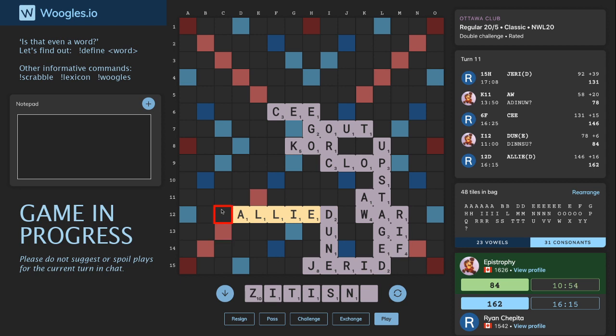Stuff like T will go here. You know, if we just want to go Zitty for 34. Let's see if there's anything else that would go, like Zingiest or...